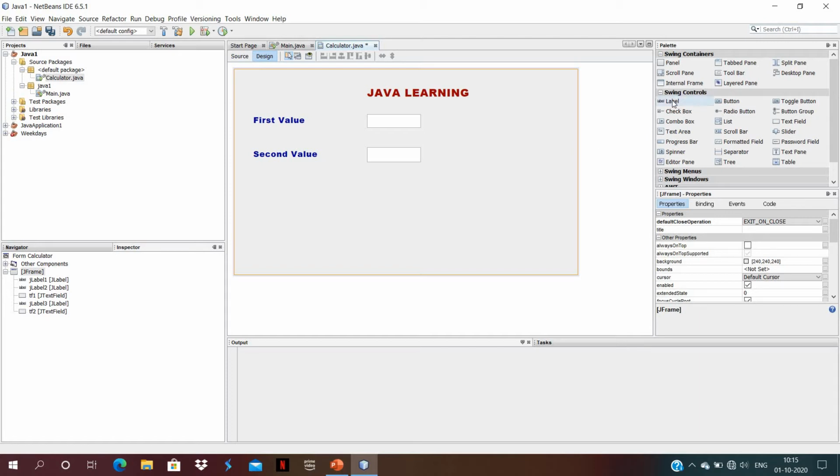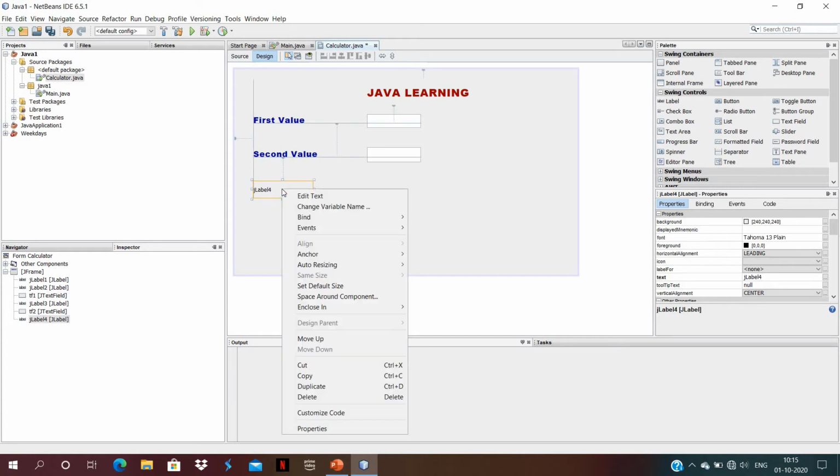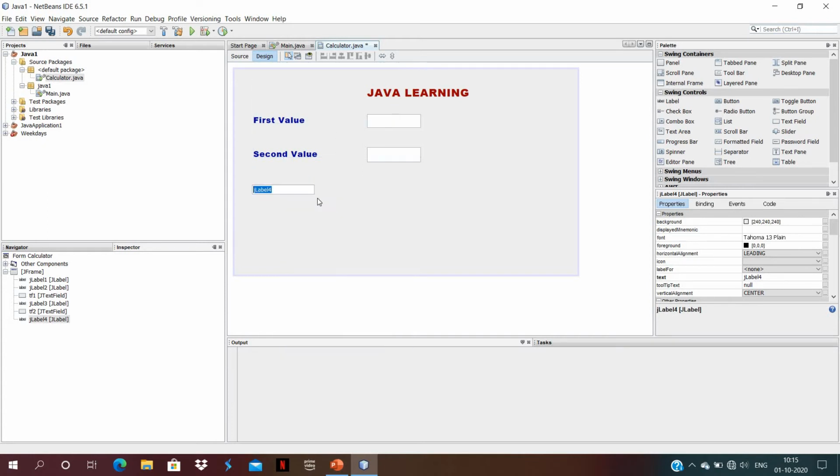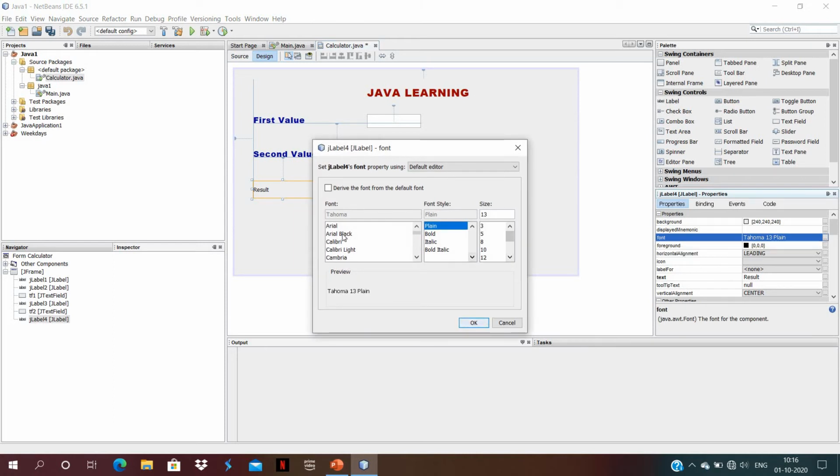Now we need a label for result. So take a label from the swing control window, increase the size of the box and edit text and give the name. I'm giving here result. You can repeat the process one more time.